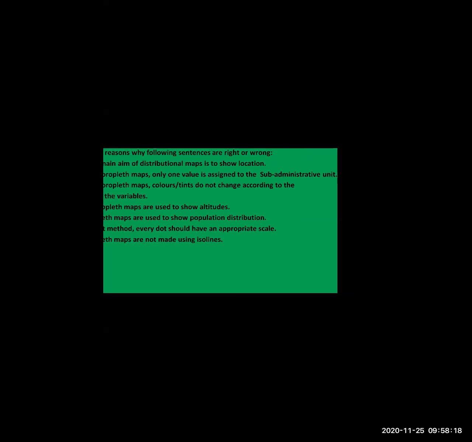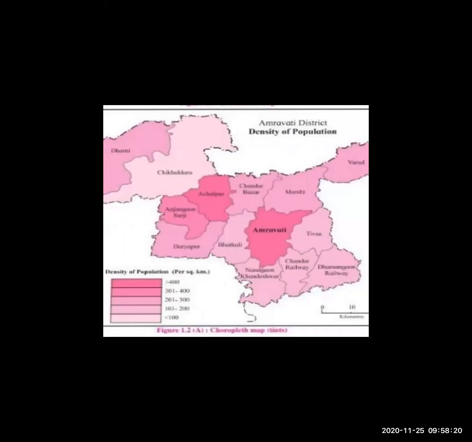Okay, now the next question is over here. Before this, we'll go to the map part. Okay? There is a map. Are you able to see properly? If yes, just put yes in the chat box, do not raise the hand. Okay. Now just see this map. I'll ask you some questions related to that.